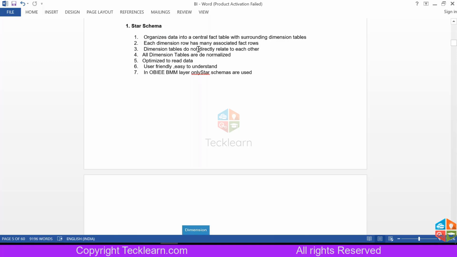Dimension tables do not relate directly in star schemas. All dimension tables are denormalized, optimized to read the data, and user friendly. Coming to OBIEE, we have multiple layers which we'll see, and in the BMM layer only star schemas are used. If there is a snowflake, you have to convert it into a star schema.